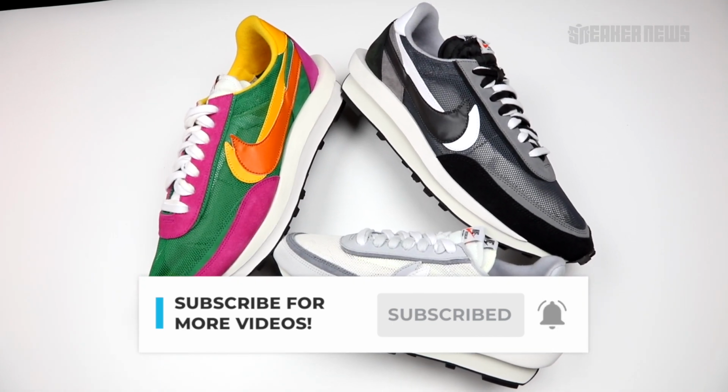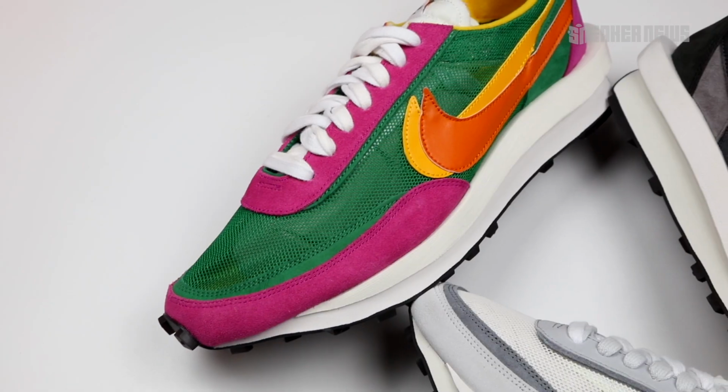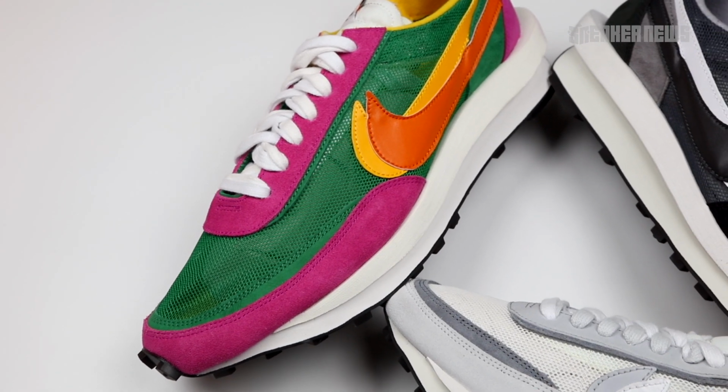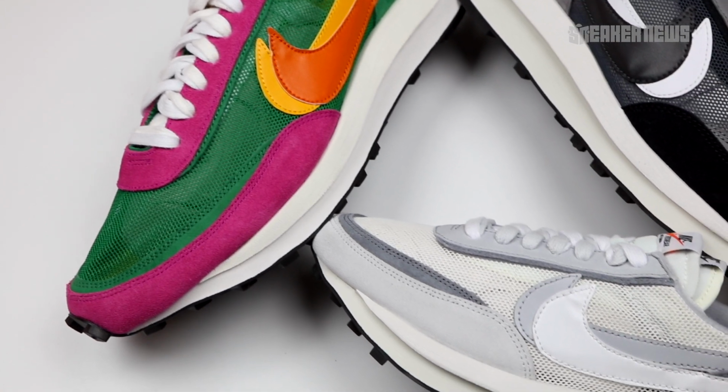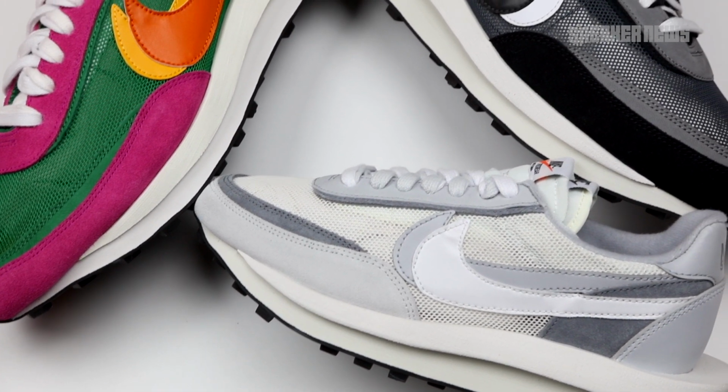We mentioned that the LDWaffle by Sacai is one of the best shoes of 2019. Of course, that's just our opinion. Something interesting that happened at the launch, for a shoe that was so hyped, the resale prices did plummet for a little bit. We'll talk about that in just a quick moment, but we just want to go over the basic